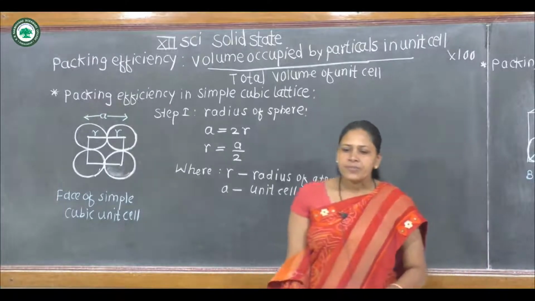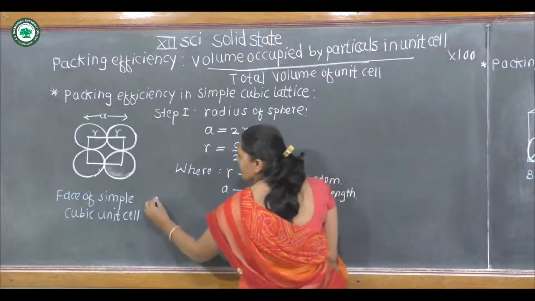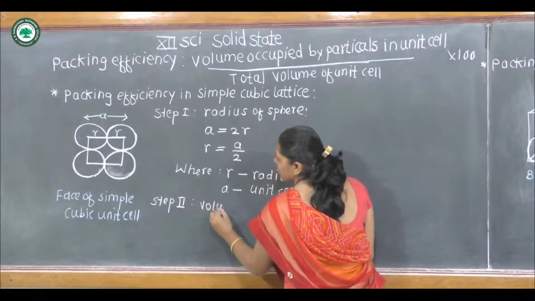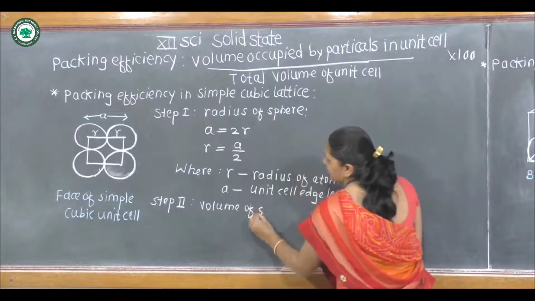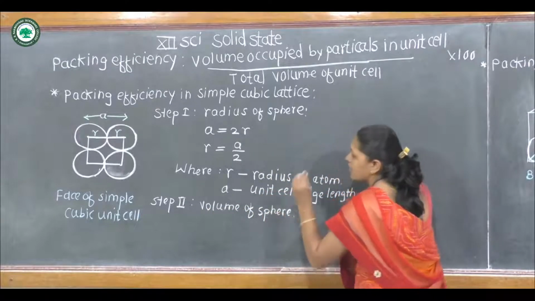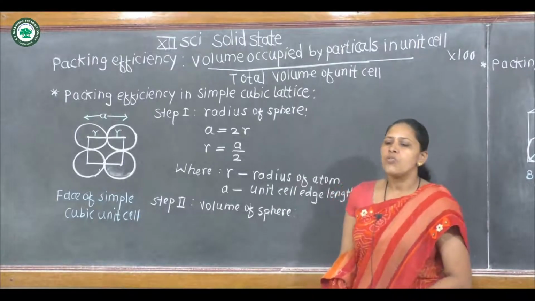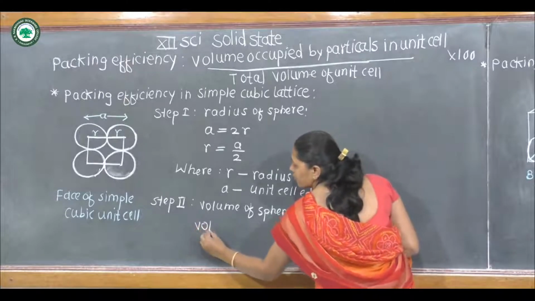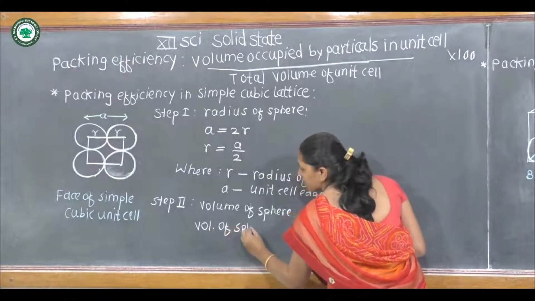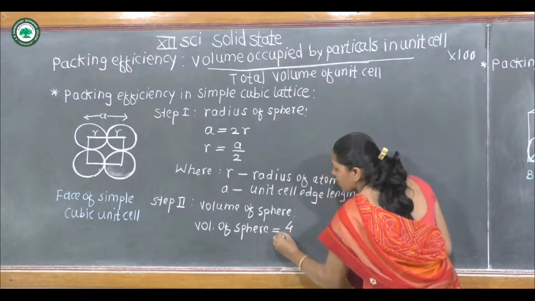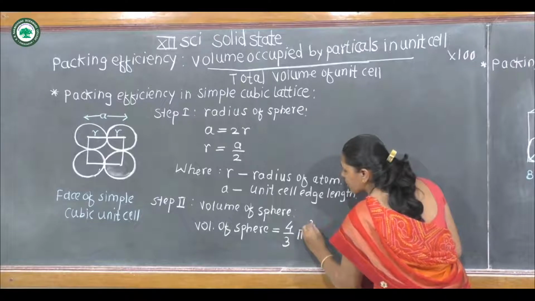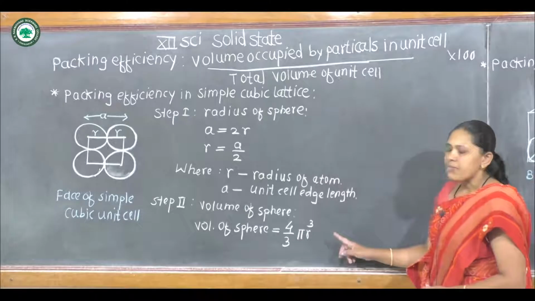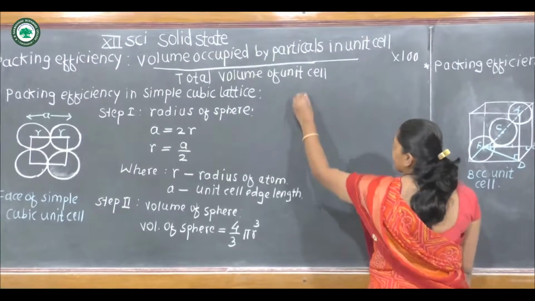Step second, volume of sphere. Volume of sphere is equal to 4 by 3 pi r cube. We know that the value of r is equal to a by 2. Substituting in this formula, then we get